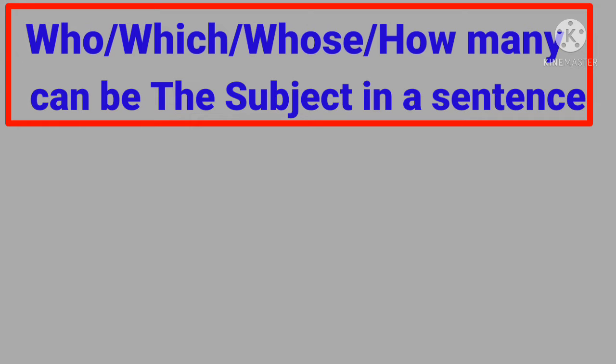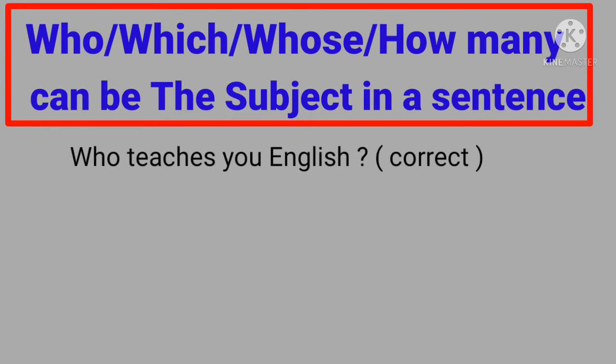Okay, for example, who teaches you English? Here who is the question word. We use this to ask a question, and here it is working as the subject of the verb teach. Who teaches you English? So here in the present indefinite tense, the affirmative structure, subject, main verb and object, has